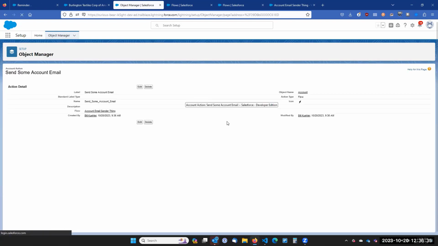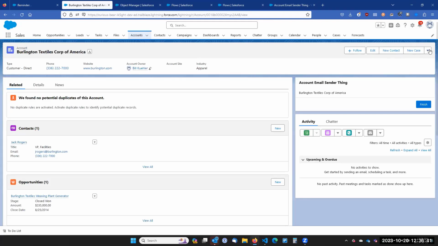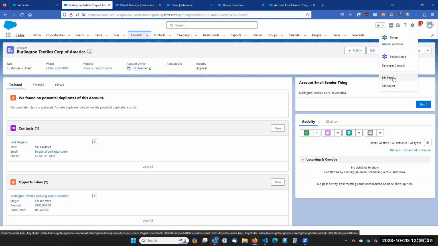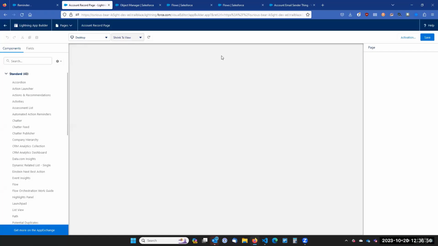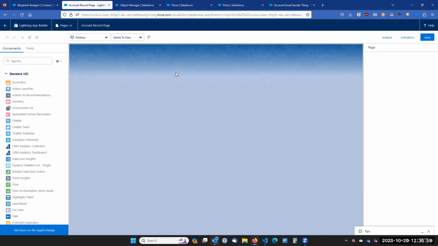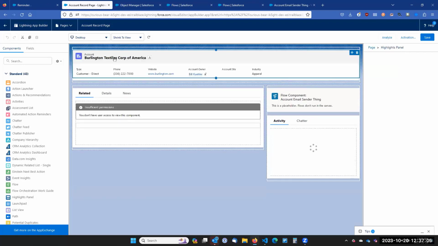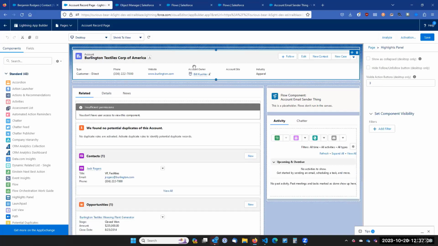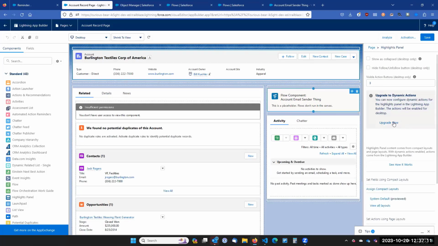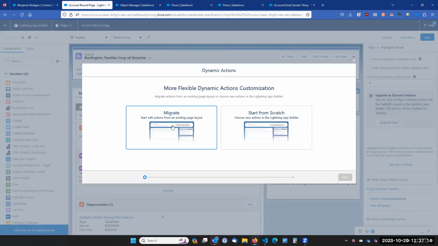Now, just because you create the action, it doesn't actually put it on the page anywhere, right? So if I were to refresh this here, we're not going to see that action yet. We have to actually add it onto the layout. And instead of doing that from the old school page layout way, I'm just going to edit the page, and we'll use dynamic actions to select what actions we want to display here. So from the Lightning App Builder, as I edit the page, I should be able to click on this one here. It should allow me to upgrade. Normally I do the migrate option, but then you get like 400 different actions. So I'm just going to do start from scratch